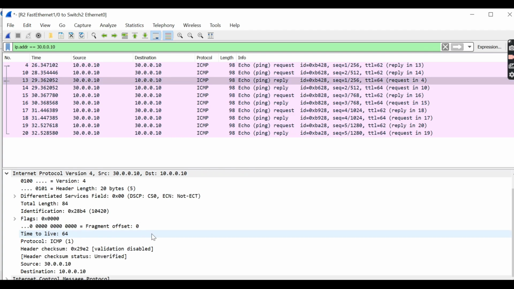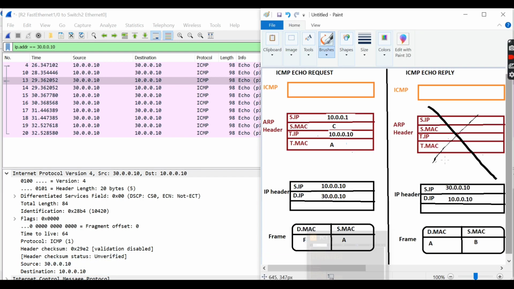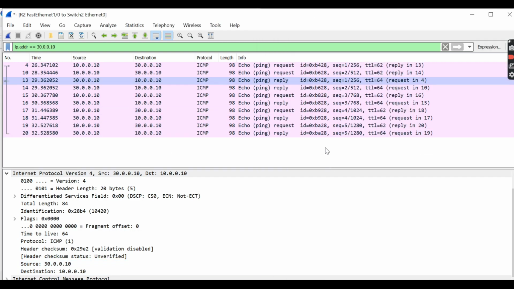In the reply, what is going to be a source? It is 30.0.0.10 and the destination is 10.0.0.10. Same thing which we gave here. This is the ICMP echo reply and the source IP is this one and the destination is this. I hope this is clear,